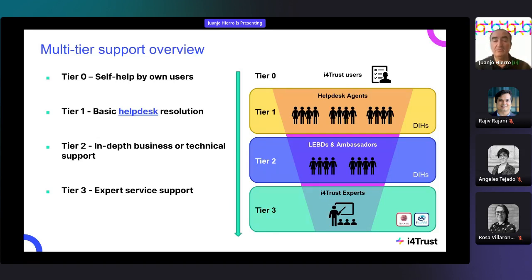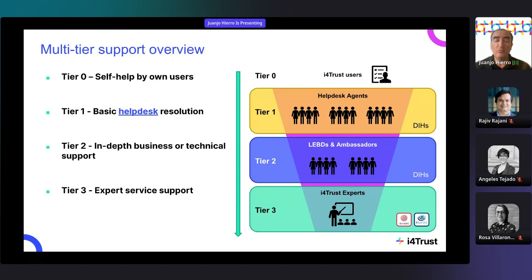But then that information available may not be enough. There might be very specific questions that come and still need to be solved. What we will go through is a process where those users will be able to formulate their questions relying on the help desk interface we are implementing in the I4Trust community.